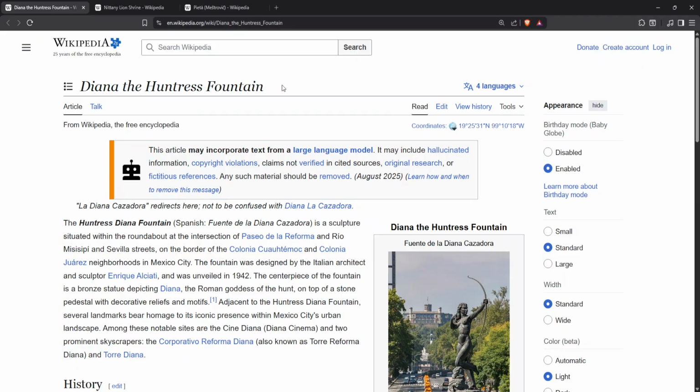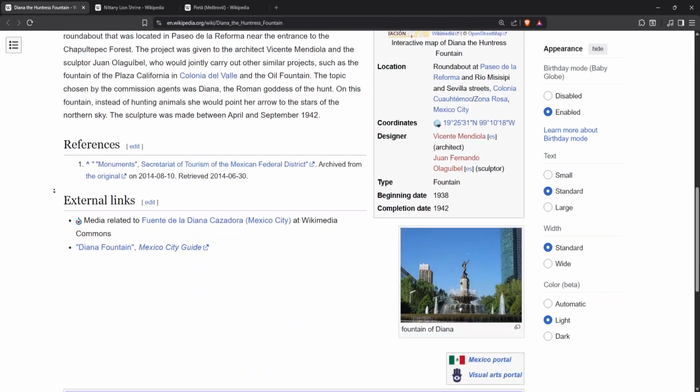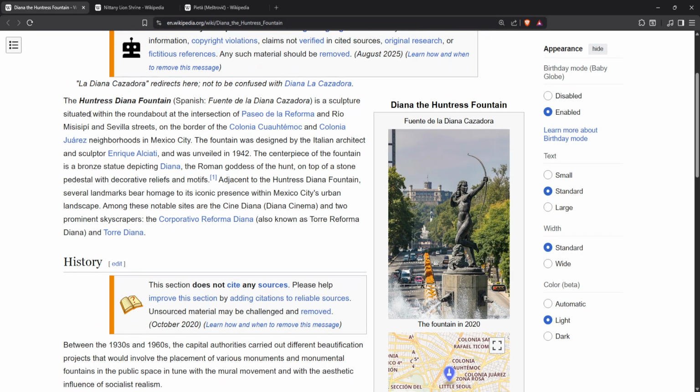Diana the Huntress Fountain. This will be very cool. Huntress Diana Fountain, in Spanish Fuente de la Diana Cazadora, is a sculpture situated within the roundabout at the intersection of Paseo de la Reforma and Rio Mississippi, in Sevilla streets, on the border of the Colonia